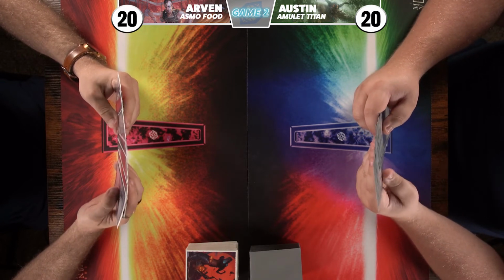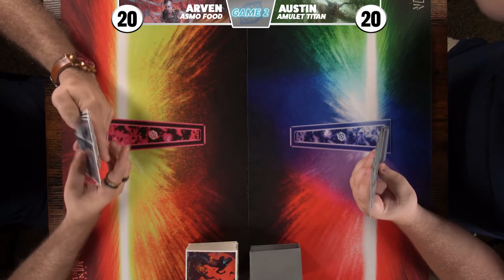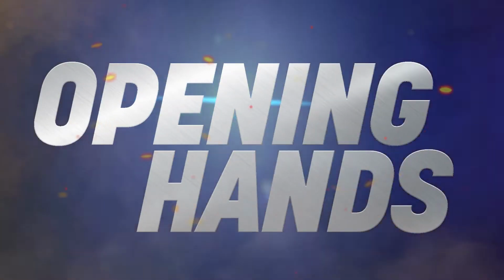I'm keeping. I'll keep as well. A little bit risky here, but it's probably fine. All right, so for game 2, my hand is a little bit risky. It's got high upside if I draw well. I only have 3 lands, which is maybe okay. The problem is the lands are only